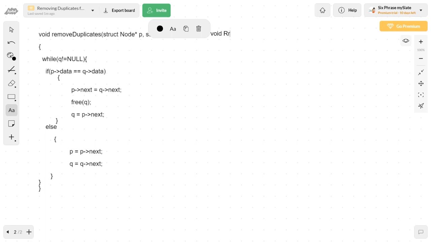The name is going to be R remove duplicates, recursive remove duplicates, and it is going to take two arguments. One is the p pointer, the other one is the q pointer. So it is struct node star p comma struct node star q. Okay, now inside this function,